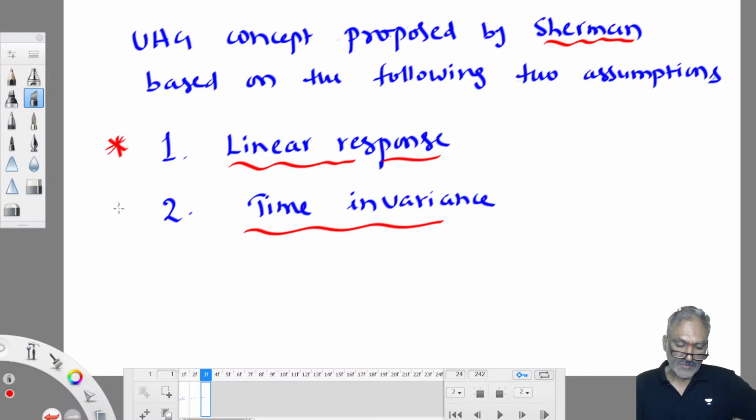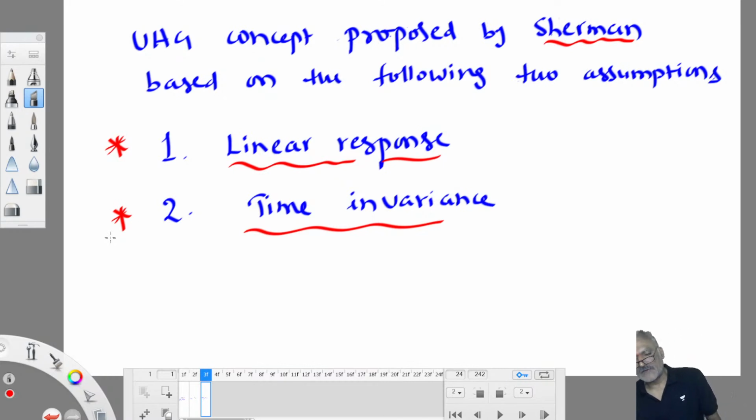So what are these two assumptions? You have to understand. These two assumptions are also very popular in competitive exams. Linear response and time invariance. Linear response means, for example,